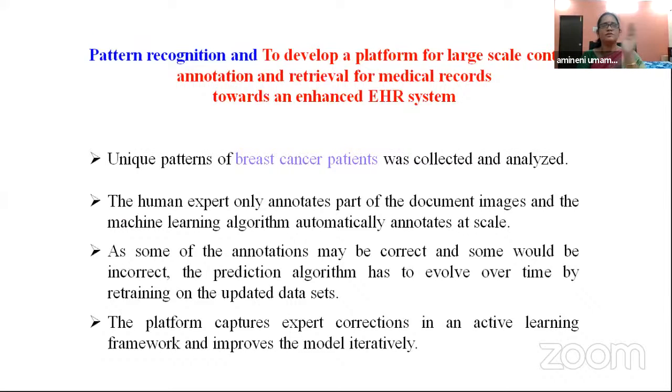By comparing these 2, if there is anything wrong with the machine learning, again we will correct it, and we need to do the iterations for some time, and again we have to check the sensitivity. Like that we will train the system so that it will identify the patterns at par with the expert.